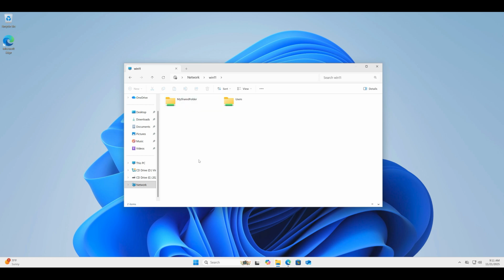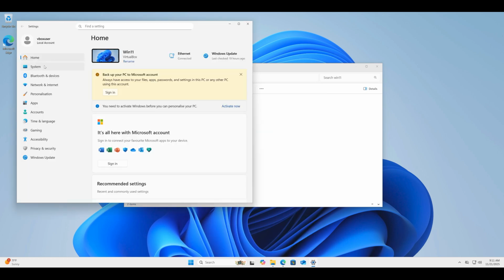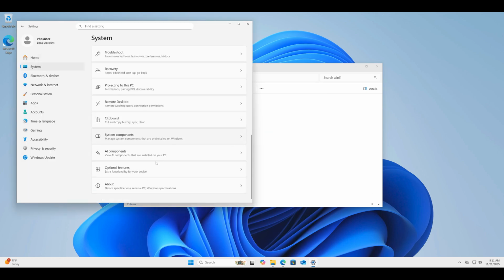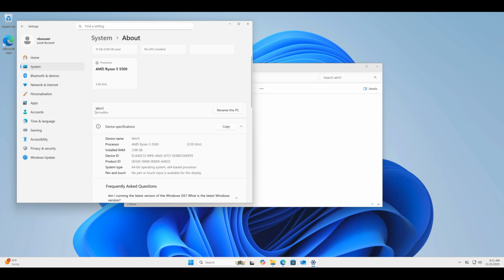If you want to change the name of our machine to make it easy to access this machine on our local network, we can go to start menu, settings. Here in system, we scroll down to the about section, click on about. Here we have this option, Win11 is our current machine name. We can rename to any name we want to make it easier to remember and type on our Explorer on